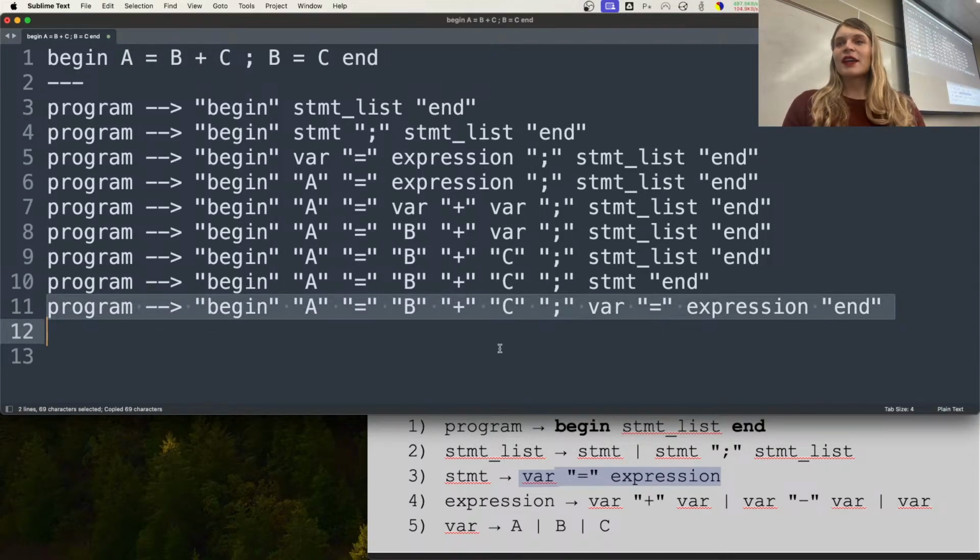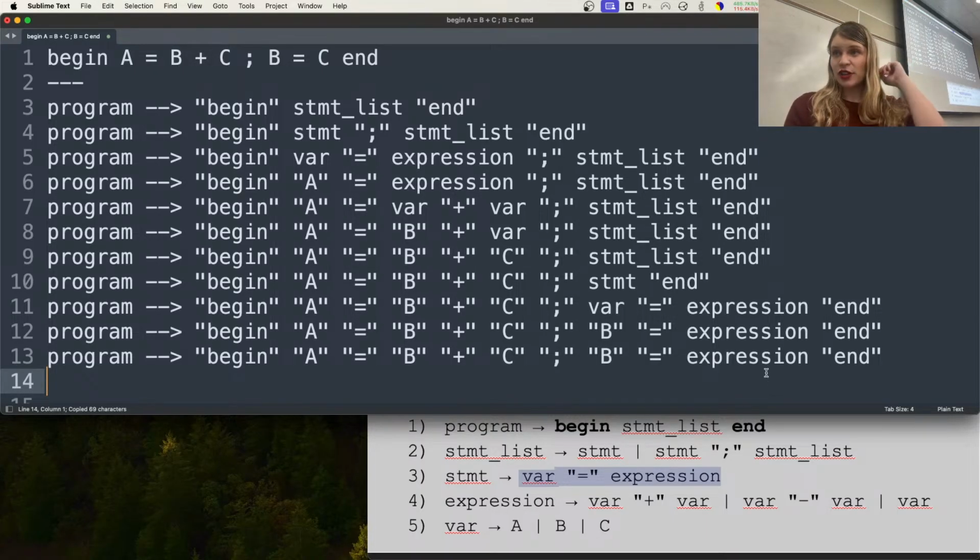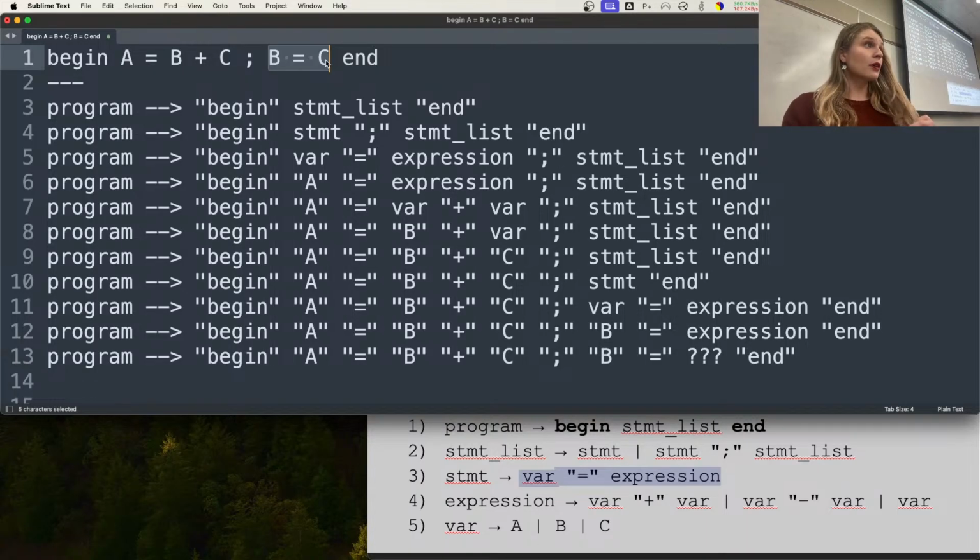So now the leftmost terminal is a var. So a var will swap out. We want B, and B is one of our three options for var, so we can make that swap. And then the next thing we have, the leftmost non-terminal after that substitution, is expression. So what do we replace expression with? Well, expression is var plus var, or var minus var, or just a solo var. We have B equals C up here, so I think we just want the solo var because we're just trying to get B equals C, not B equals C plus or B minus, just B equals C. So if I make this var,